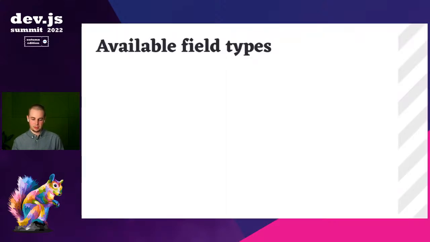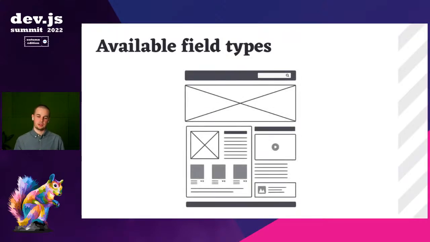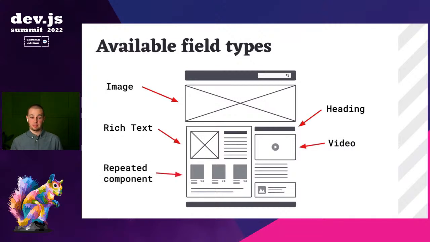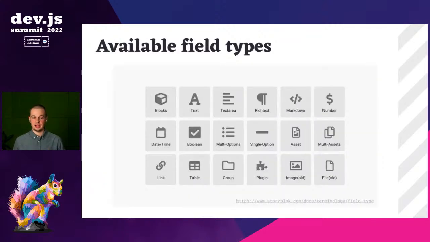So let's go to available field types. When we look at the design of the page or a wireframe, you can see that it's made from, let's say, components. Here we have an image, some heading, rich text, probably some video, some component that is repeated, maybe a link. And when we look at the CMS, we have available field types that we can build our content from. Here is an example from Storyblok, and you can see that we have text, text area, rich text,